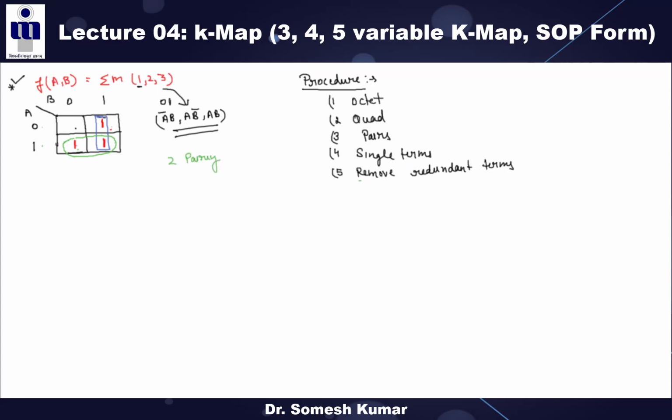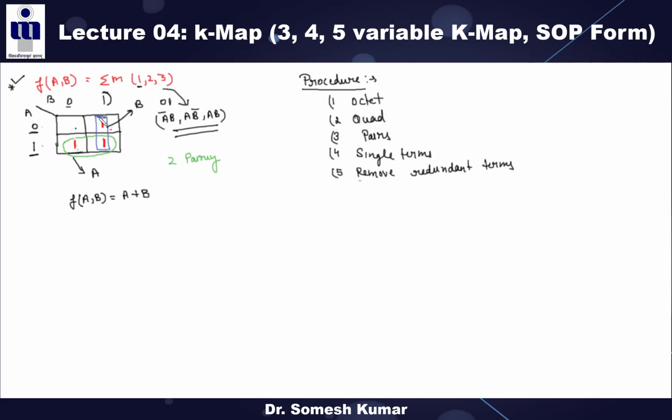Okay, so now how to write the final answer based on this grouping? First, this is your pairing. What is the output from this pairing? The different bits you have to ignore. Only we have to take the 1 here; 1 means B. And from this pairing we have to take this 1 and ignore the other. From this pairing we have to take only the A. So the final answer for this function, the minimized thing, is A plus B.